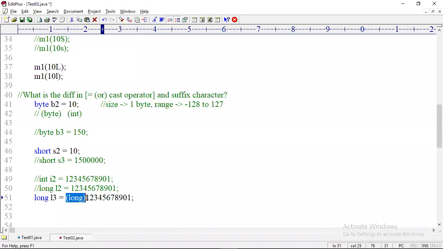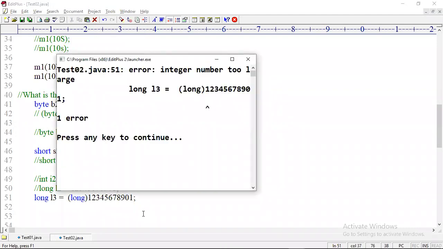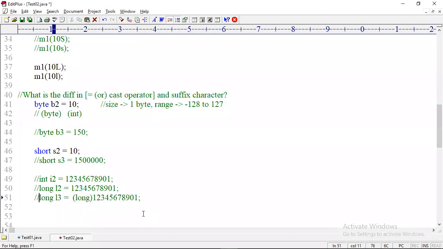If I use a cast operator, this number will be considered as long after conversion. For example, if I write this much number, it is an integer of type int in the range of integer. Now the integer number is converted to long and stored. After the long cast operator, it is long. Right, the left side is long, but the right side is still an int. Do you understand? So tell me now. If I write 1, still we are getting the error, integer number too large. So assignment also will not work.